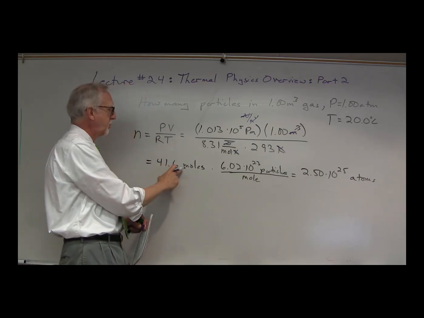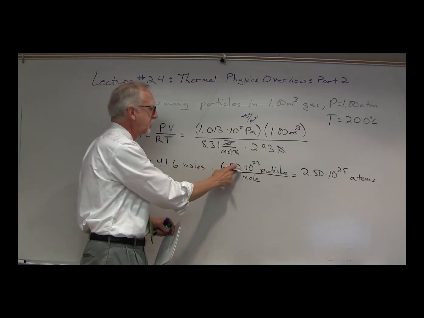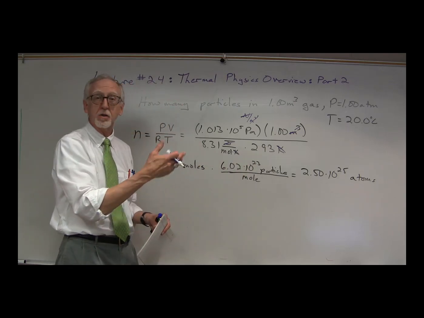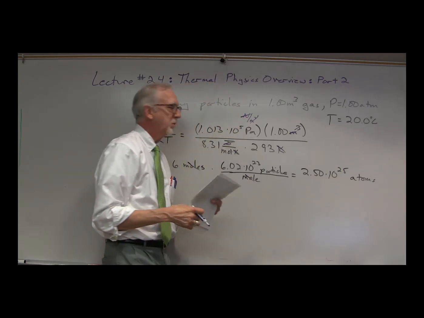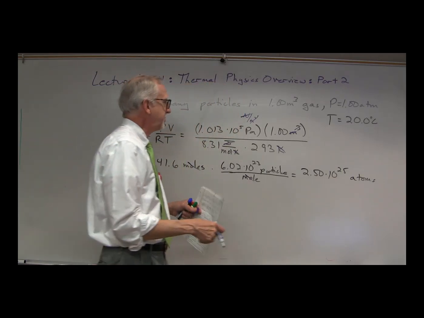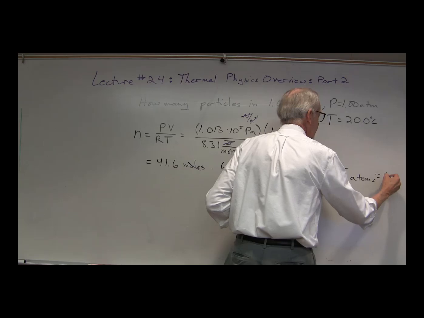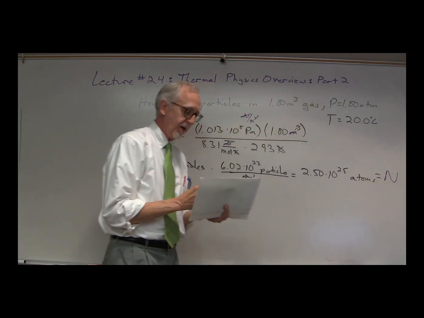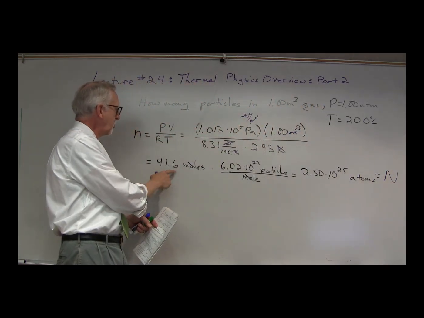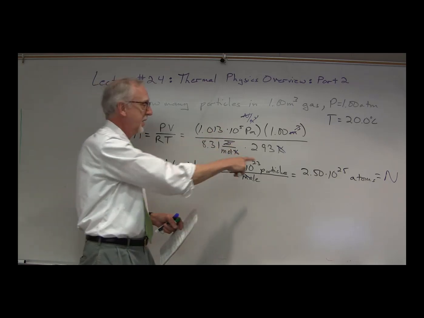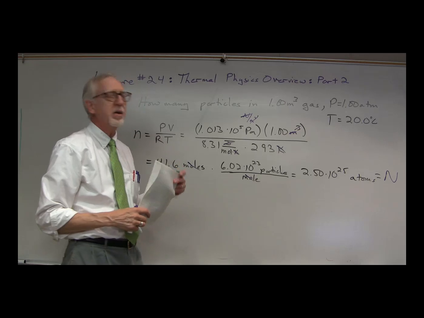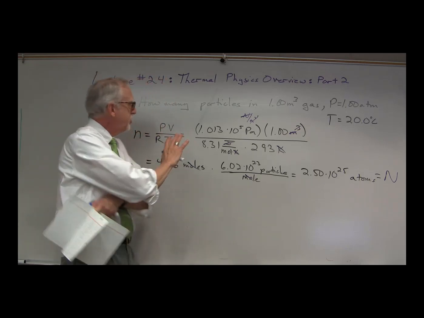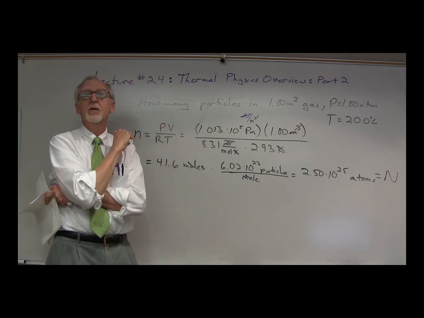Okay, so we've got 41.6 moles times 6.02 times 10 to the 23 particles per mole. Moles cancel, and we end up with 2.50 times 10 to the 25 atoms, and that is capital N. So little n is 41.6 moles, capital N is 2.5 times 10 to the 25 atoms. Okay, very good. What we're going to do now is go back to the ideal gas